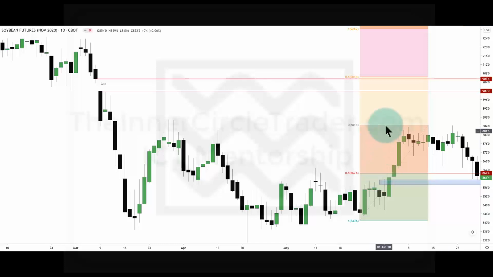Everything to the north of that is a premium market. Anything below it is a discount. So if we're bullish, we have to wait for the market to drop down below the 50 level, and that would give us a discount market. We're able to be a buyer at that point. The expectation is if we get down into this area here, there should be something on the lower time frames that would promote a bullish scenario, and we'll look at that when we drop down into the lower time frames.